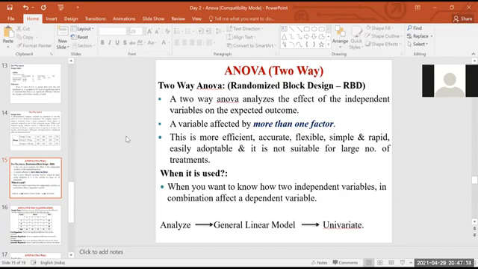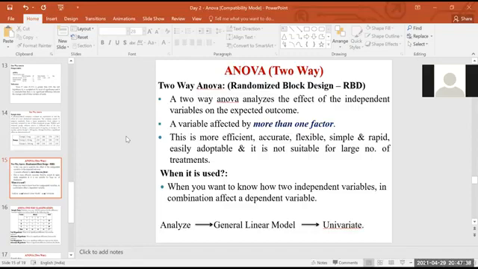Here, the independent variable, gender, has two subcategories, and the dependent variable, performance, also has three different categories. In this situation, you can go ahead with two-way ANOVA analysis.